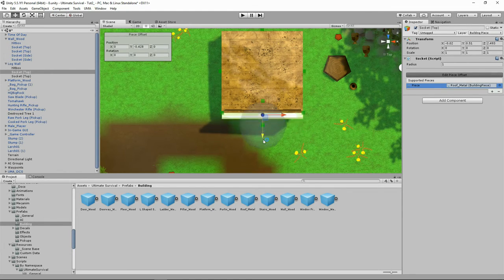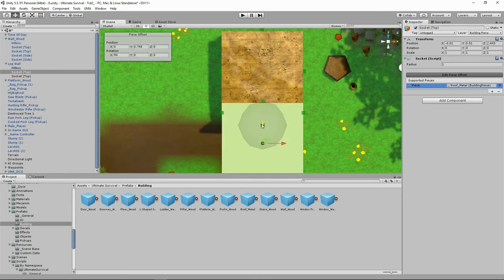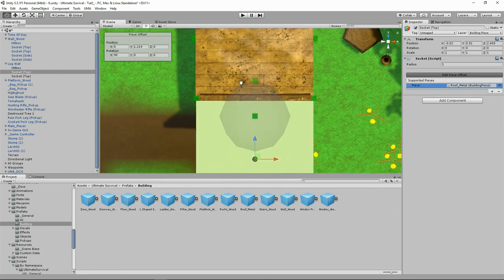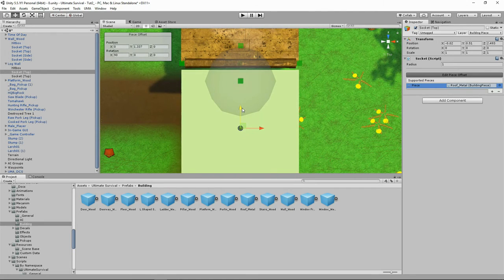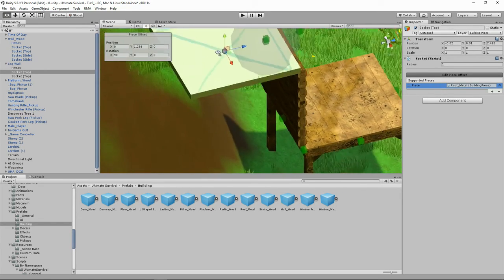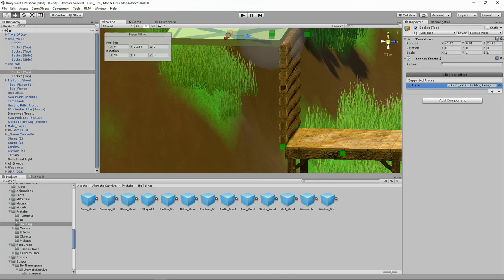And here is the roof. So we need to rotate it 90 degrees here, position it nicely so that it would snap. Here's our log, overlaps a little bit, so let's let it overlap and go into our log. Lovely. If you wanted to see this from this view here, let's